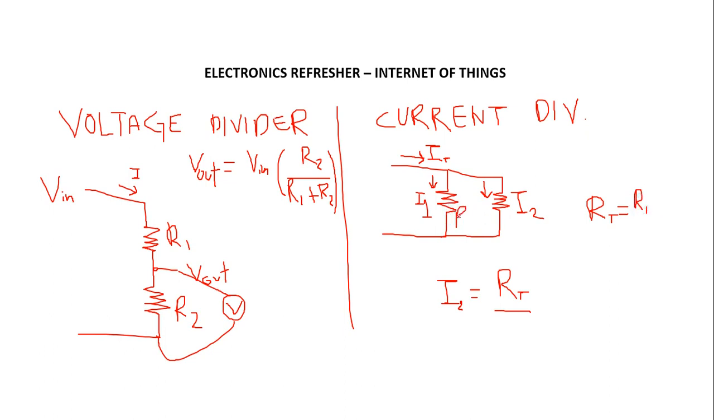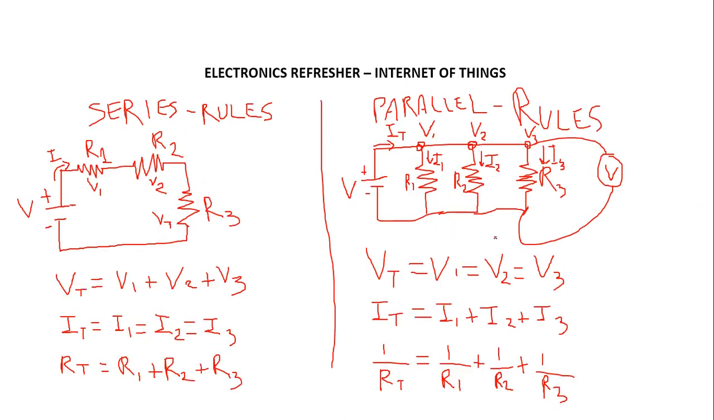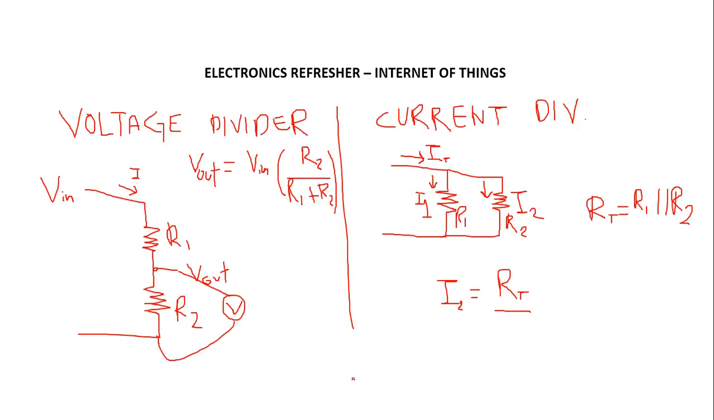this is R1 and this is R2. It's going to be the equivalent of the parallel of the resistor 1 and 2. The equivalent you can calculate using this equation, and resistor